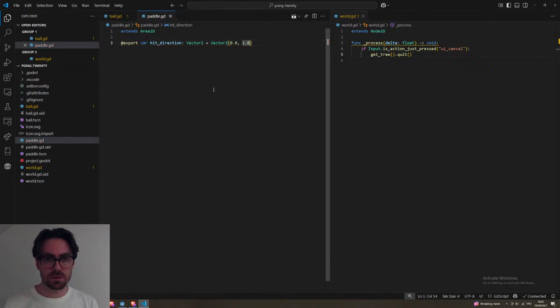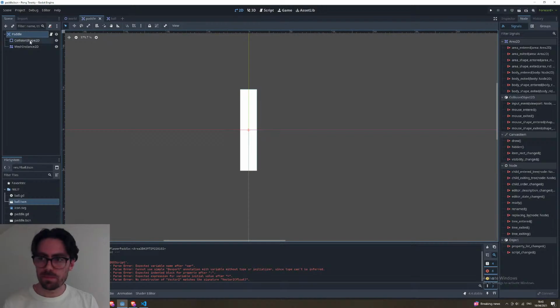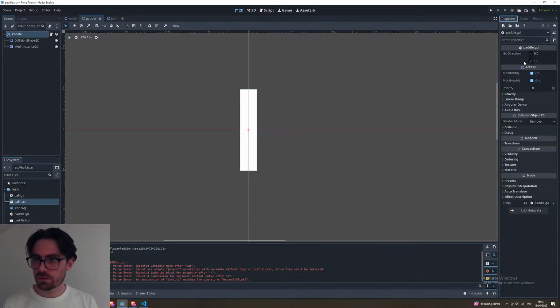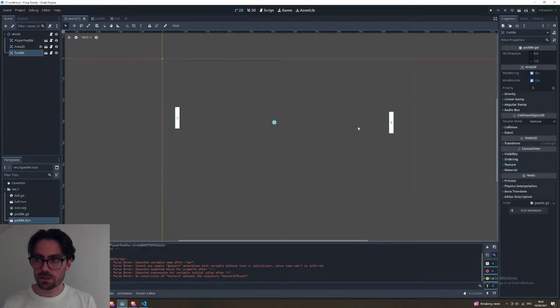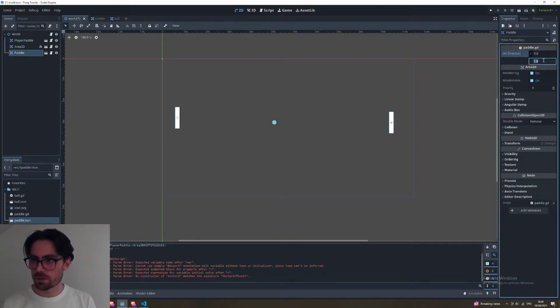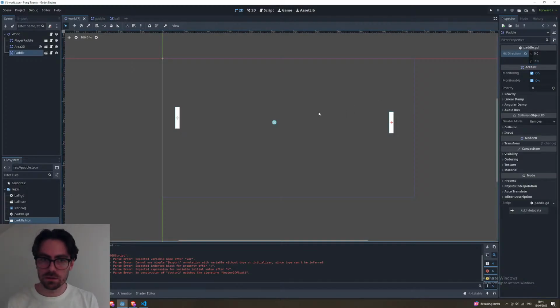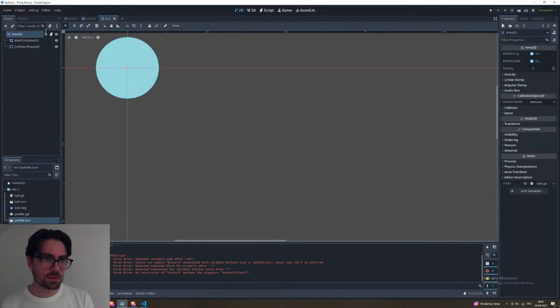Is it this way? I think so. So this paddle should have this hit direction. And so when we have two of these, another one over here, we've got this one and the hit direction is 0, 1. And this one, we can have the hit direction be -1, right? And then the ball,